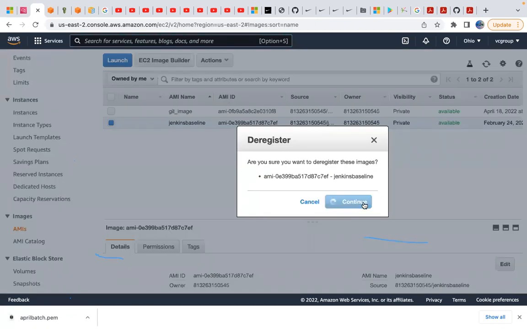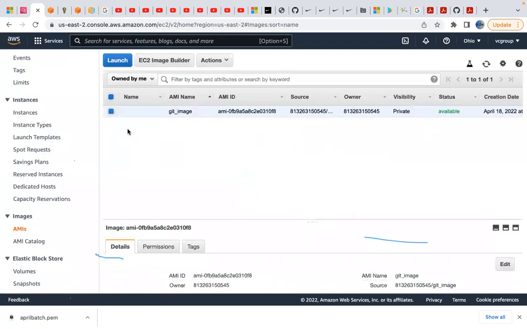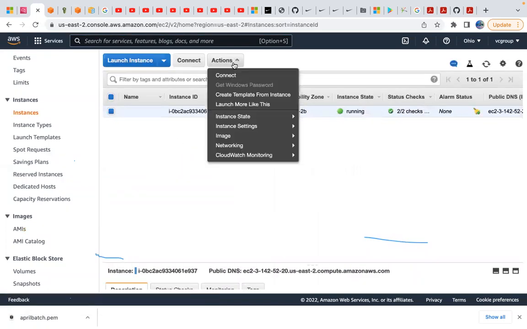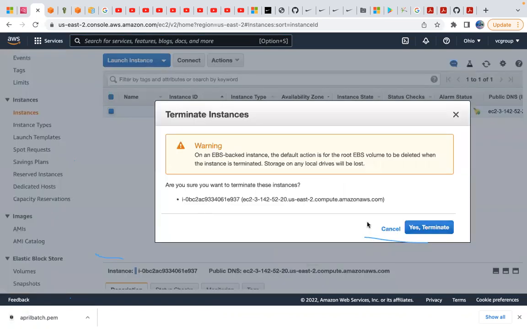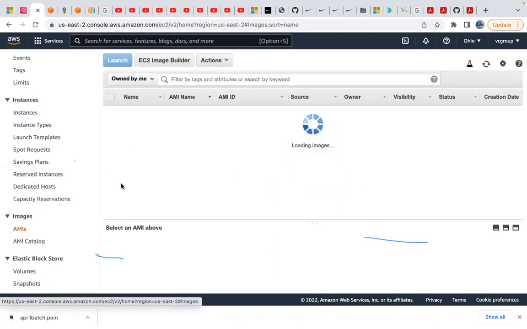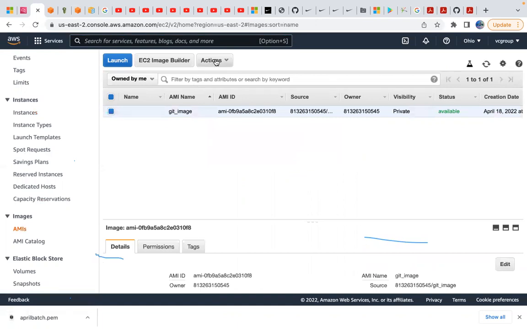I'm going to delete that unnecessary image because I don't want to pay. So this backup is ready. Now let's go and terminate our instance. Just go here, instance state, terminate this instance, and go to your AMI, and in the action, select this AMI,